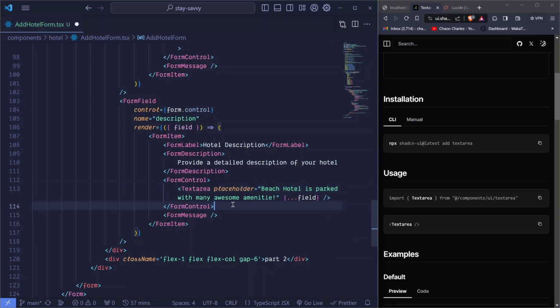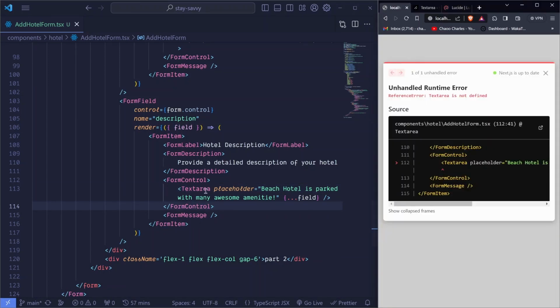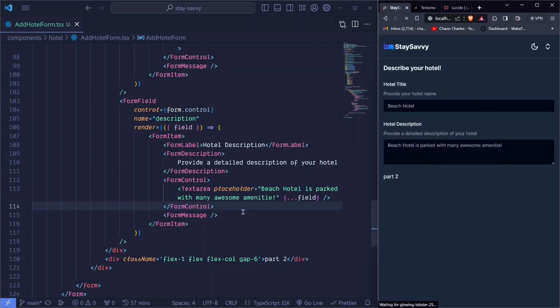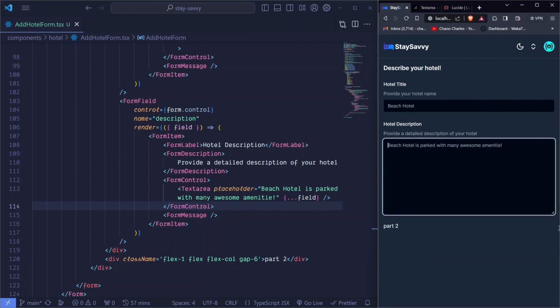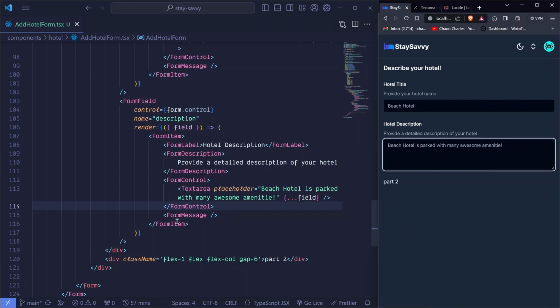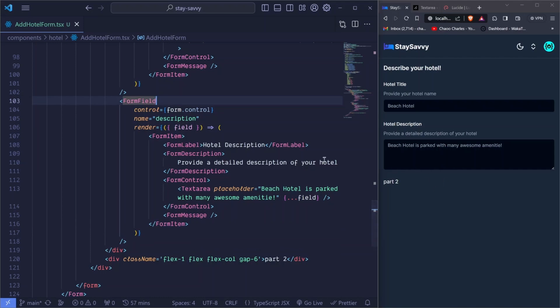Just like that, okay? Now, when we save and we come to our app, we should see the difference between the input field and the text area. Look, now this is bigger and you can actually make it even bigger. Very nice. So now the next part is the hotel amenities, and for those they'll be having their own special